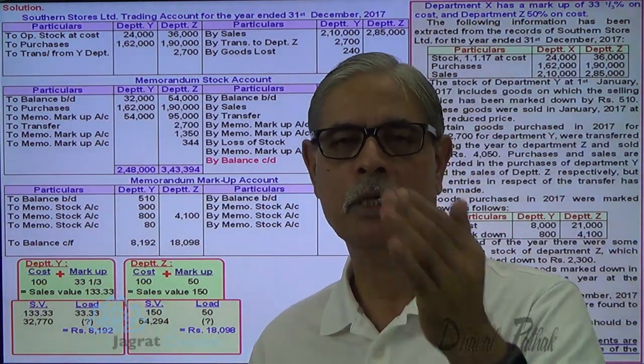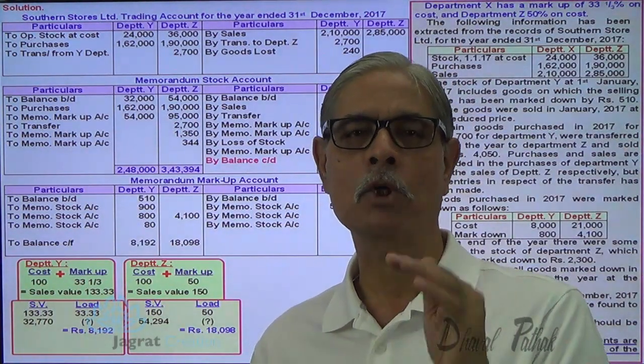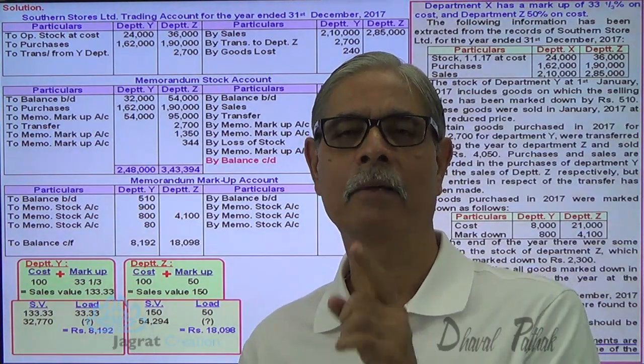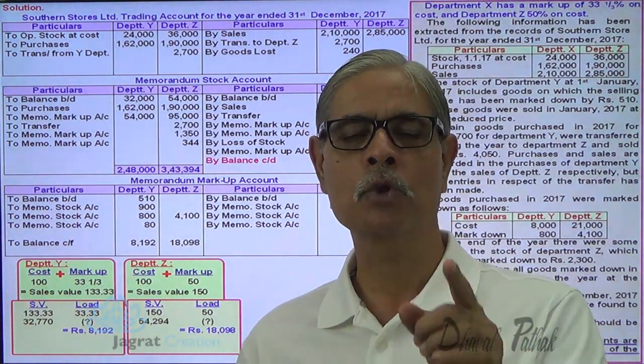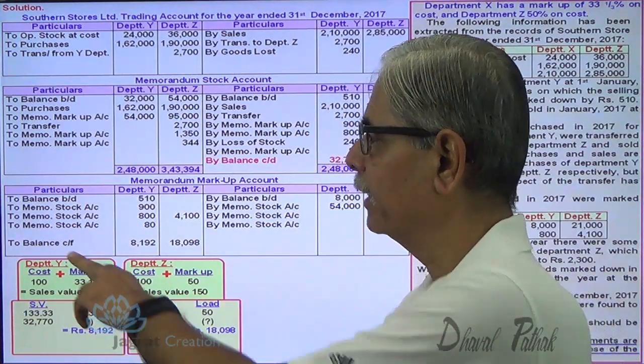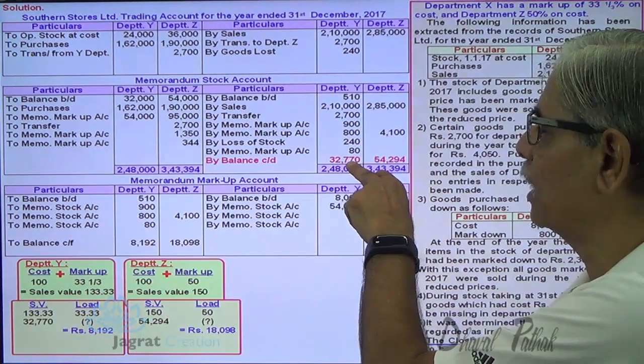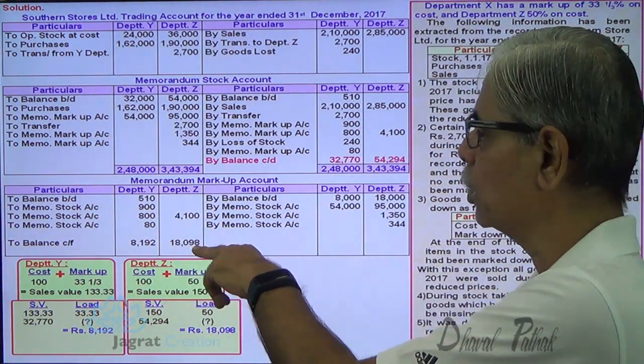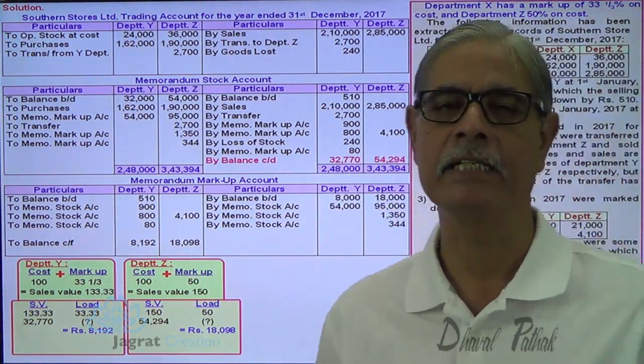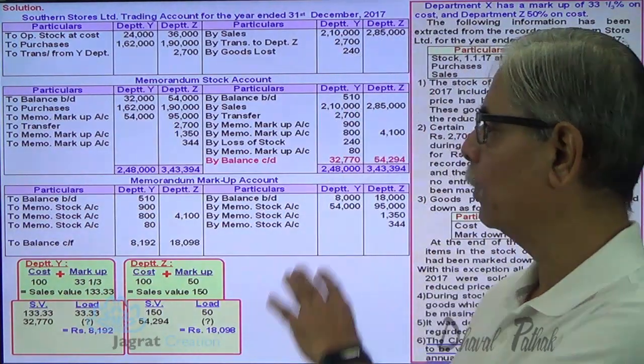Markup value means cost plus profit. The closing stock is an unsold item. When the item is unsold, profit is not realized. So there should be a stock reserve for that. And that stock reserve balance is 8192 against the 32,770. And this is the stock reserve for this 54,294. Now I close this